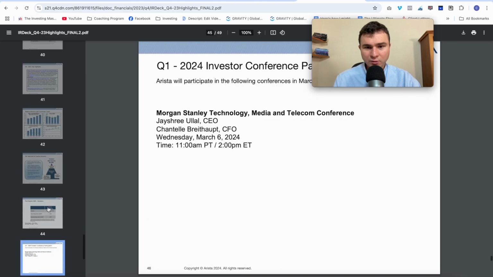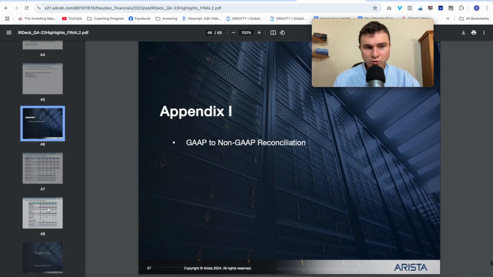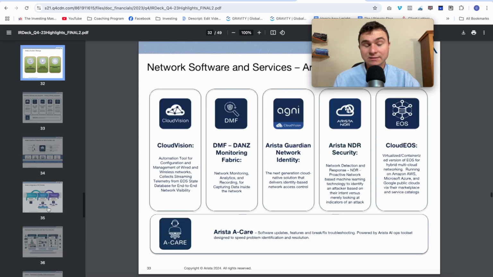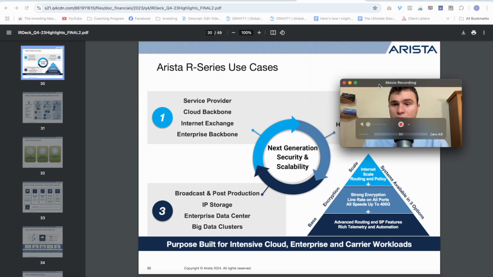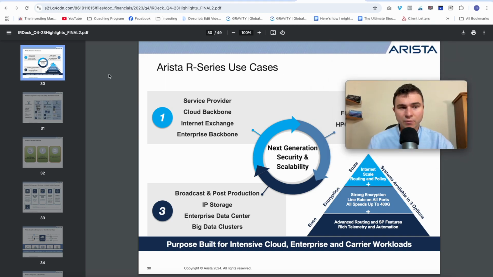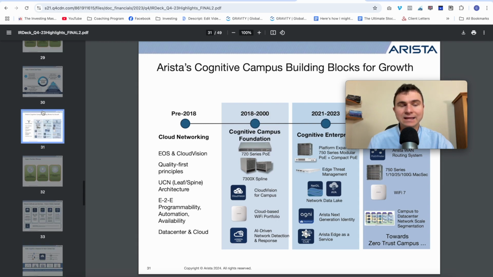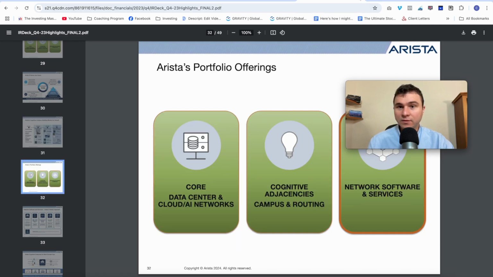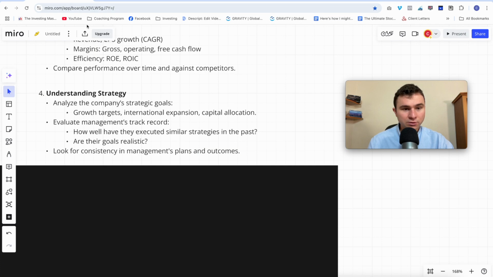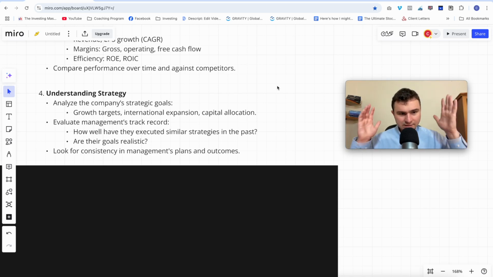If you are familiar with the business model, you will find some great, interesting slides about their growth project. And some companies may highlight a new buyback program, a new dividend program, so you can get what is inside the company and the plans for the future. Okay, let me continue. Growth targets, capital allocation. So now you start to become an expert of the company. You know a lot about the company.